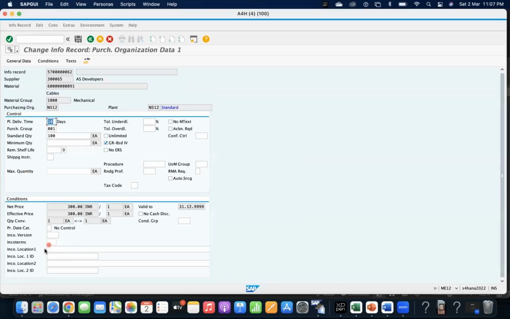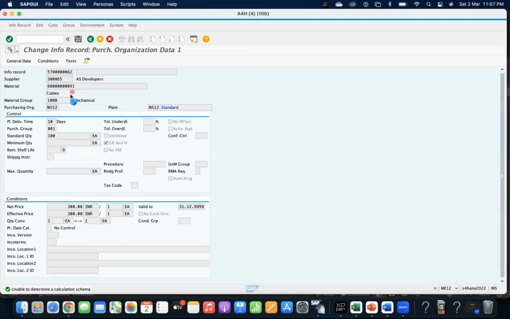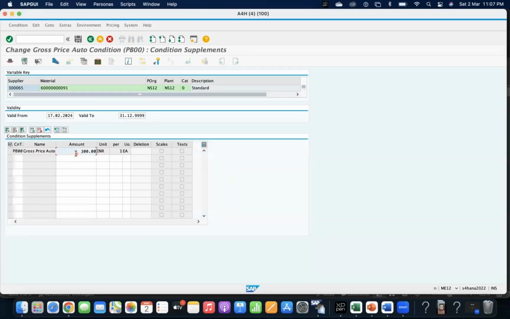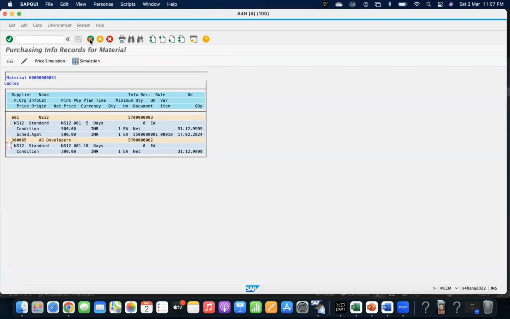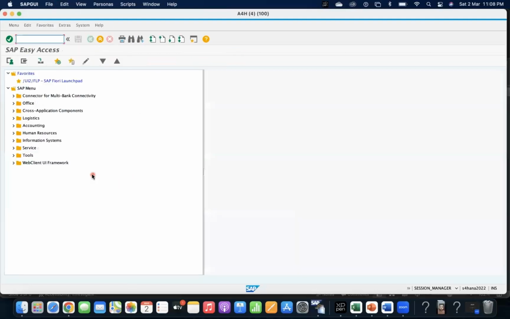So in S4HANA, we can see this Incoterms more data. So that is one of the changes in S4HANA. So I maintained the price, everything in the info record. So info record maintenance is the normal way we maintain it. If you're using the S4HANA Fiori app, you can utilize the Maintain Info Record app to maintain it. So now everything is done and these are all maintained. So now we are going for